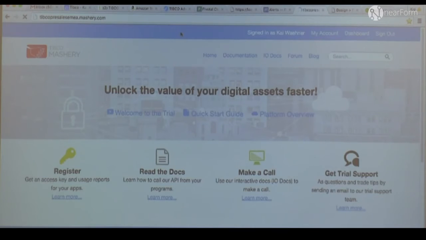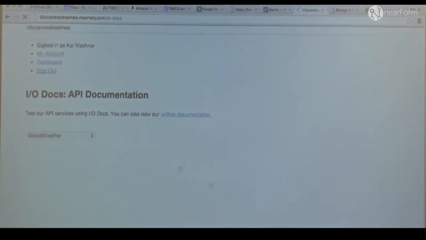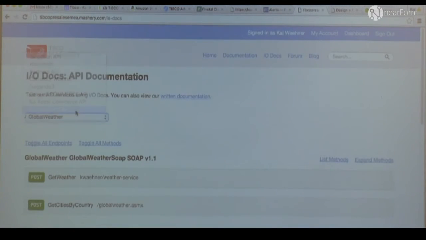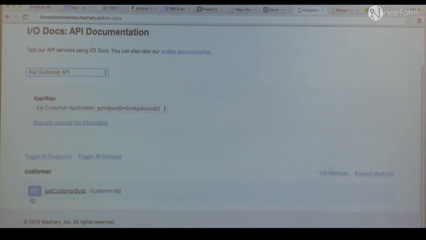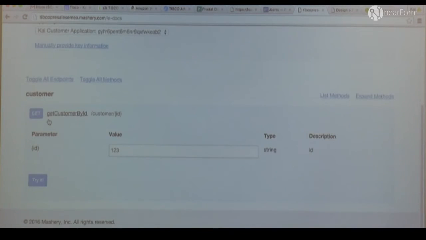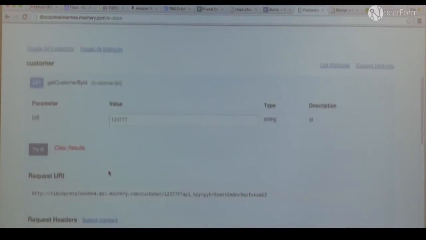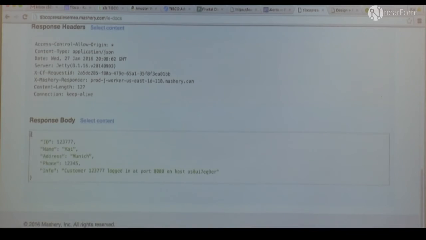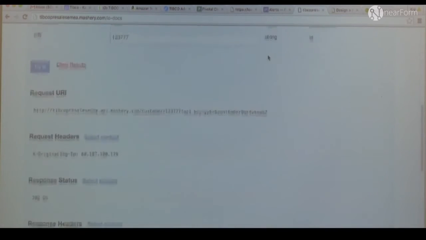log in again, and here you see the end user, and he can then use and test these services. For example, let's go here simply, make a call, and now I look at my customer API, and here you see now, here I see the different operations. In this case it's only one, and only the GET method, but here I can now try it out. And so here it's calling it again, and here you see the result. And after you like the API, you can subscribe to it. Sometimes they are for free, sometimes you have to pay for it, and then you can use these APIs by